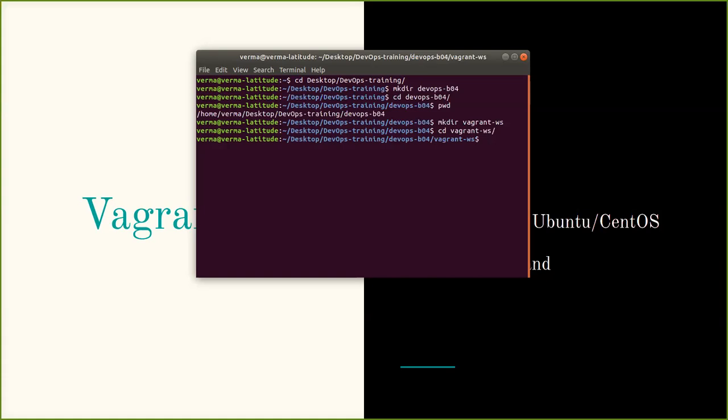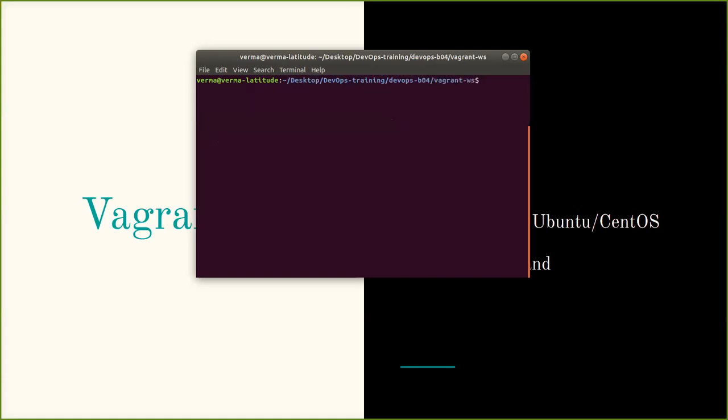Now I'm just clearing this. If I run ls -la, no files and folders are present. Now I'm going to run vagrant init.